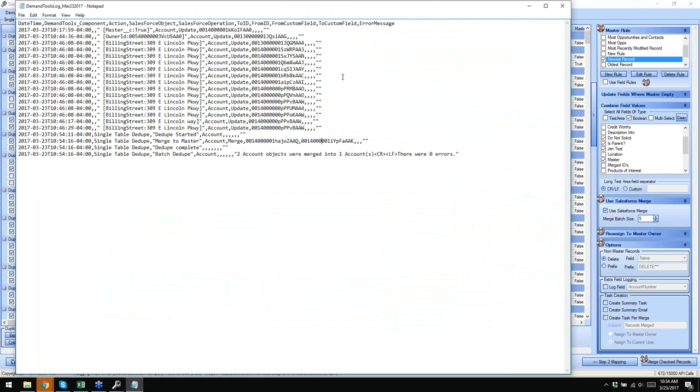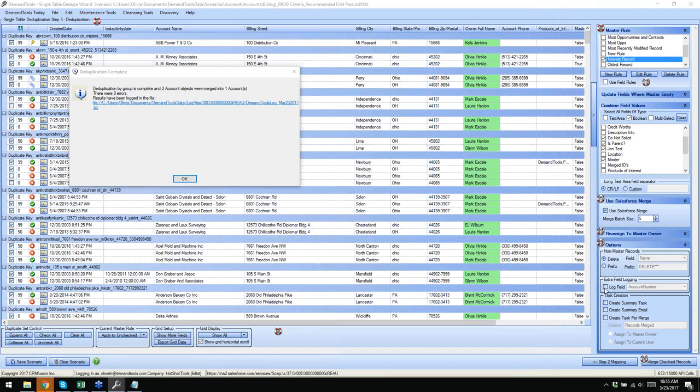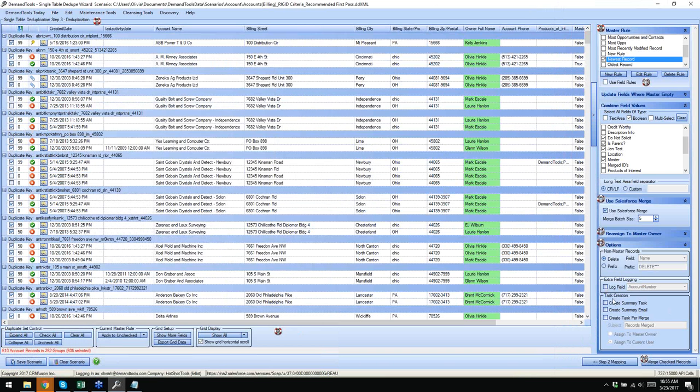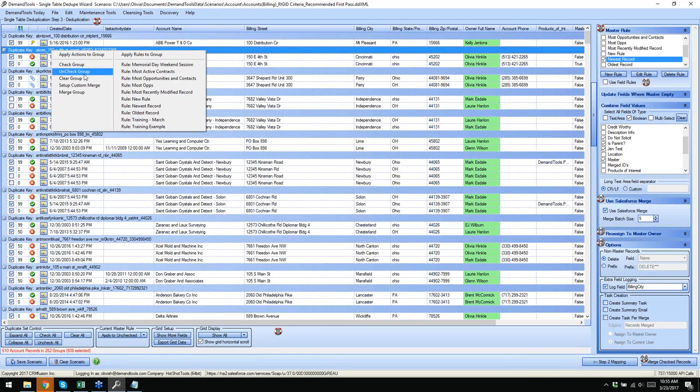In my log file, yes, I get the IDs, but if I wanted another field, let's say you have an account number field or a DUNS number field or just something that's really important that you want reported places because you use it as a point of reference. Over here on the right, the extra field logging, you can say, instead of just giving me the IDs, give me the IDs and this field in my spreadsheet. Okay, so if I were to merge this one,